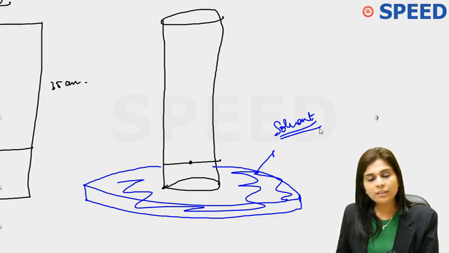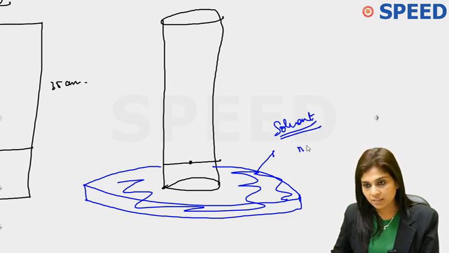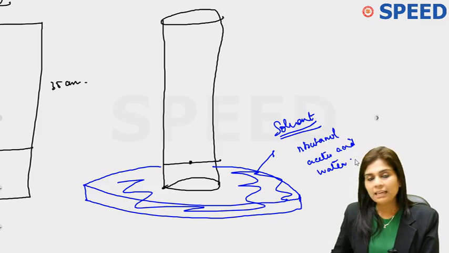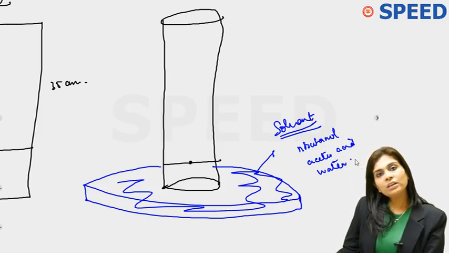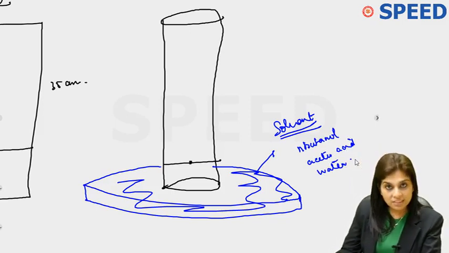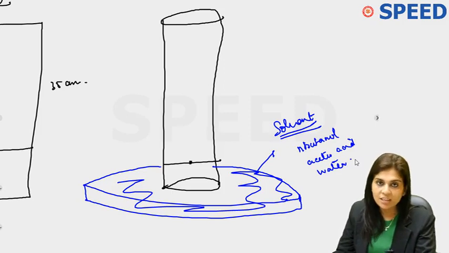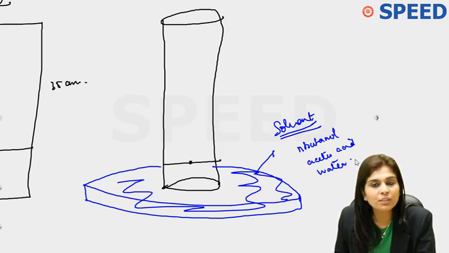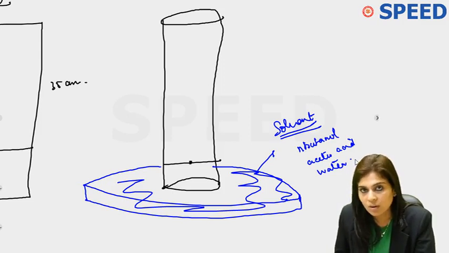And the solvent that is used for amino acid separation is N-butanol, acetic acid and water. When they can ask you in paper chromatography which amino acid moves the fastest, they can even ask you this. So what is the solvent that is used for separating amino acids? It's N-butanol, acetic acid and water.